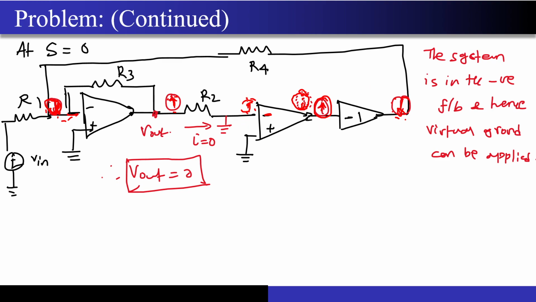So though you are not able to see a local negative feedback across this, you can still apply the virtual ground principle over here because there is a good negative feedback. Since I can apply the virtual ground principle, and this is connected to the ground, even this node will be connected to the ground. And there is no current flowing over here. Why? Because there does not exist any current into the input terminal of the ideal op amp. Since there has to be zero current flowing through this, your (Vout minus 0) upon R2 has to be equal to 0. This dictates that Vout is equal to 0. Correct? I hope that particular part is clear.